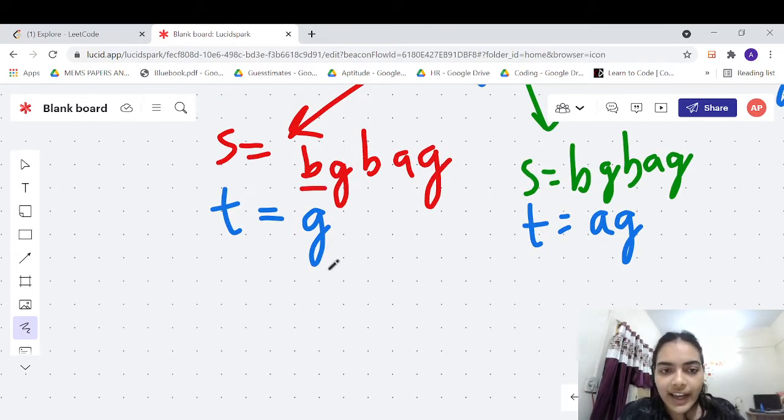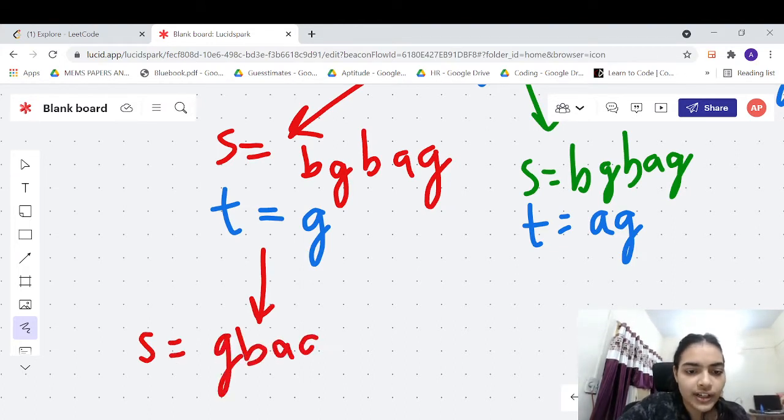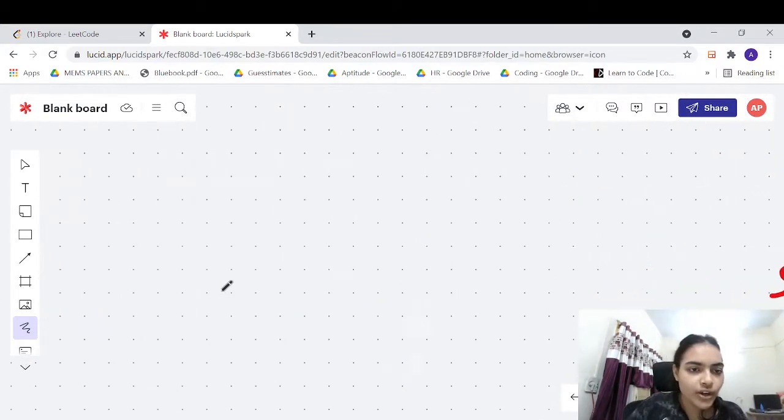So in this case, when the characters don't match, you have only one choice. You have to move your I forward. You have only one choice in this case, and that choice is moving your I forward and letting your j remain as such because your characters are not matching. Okay, so let's list down what we have written.